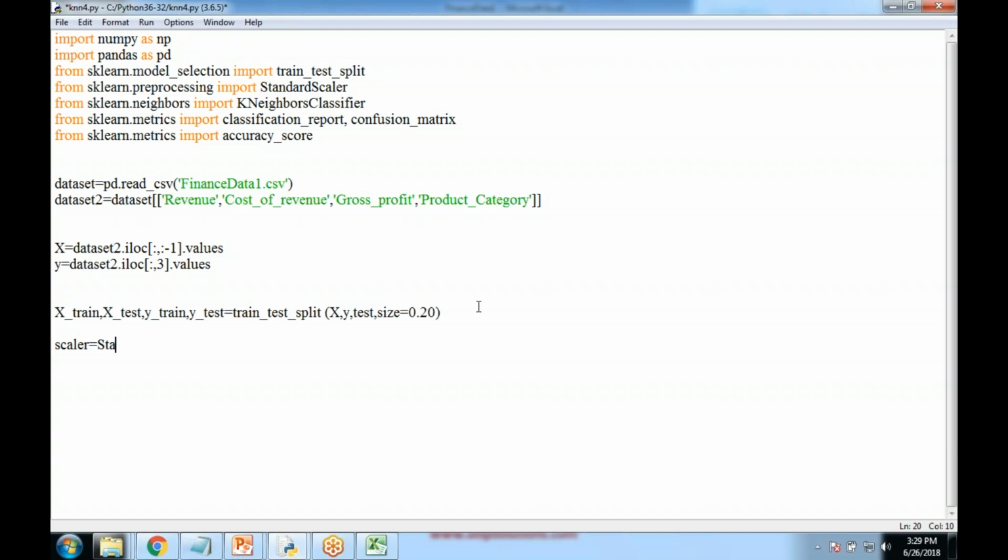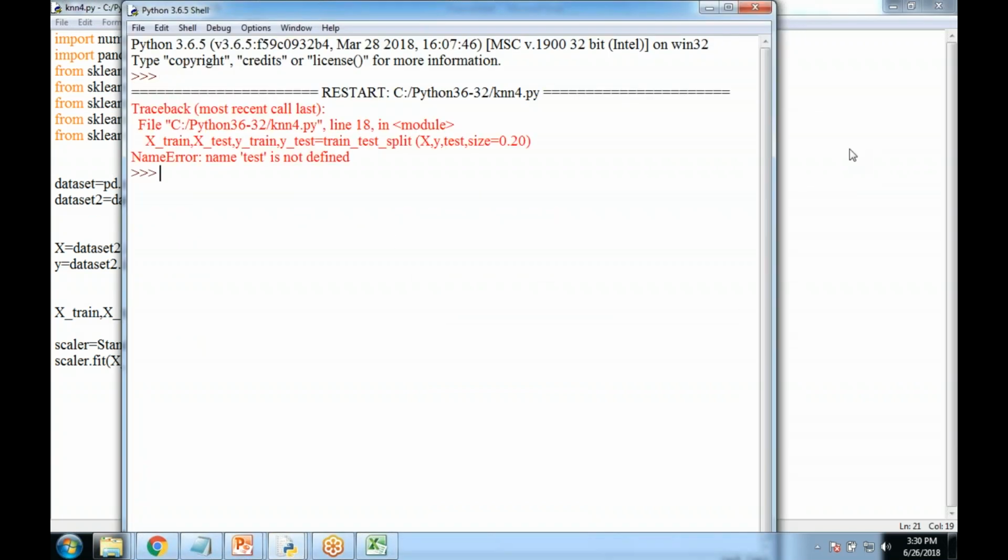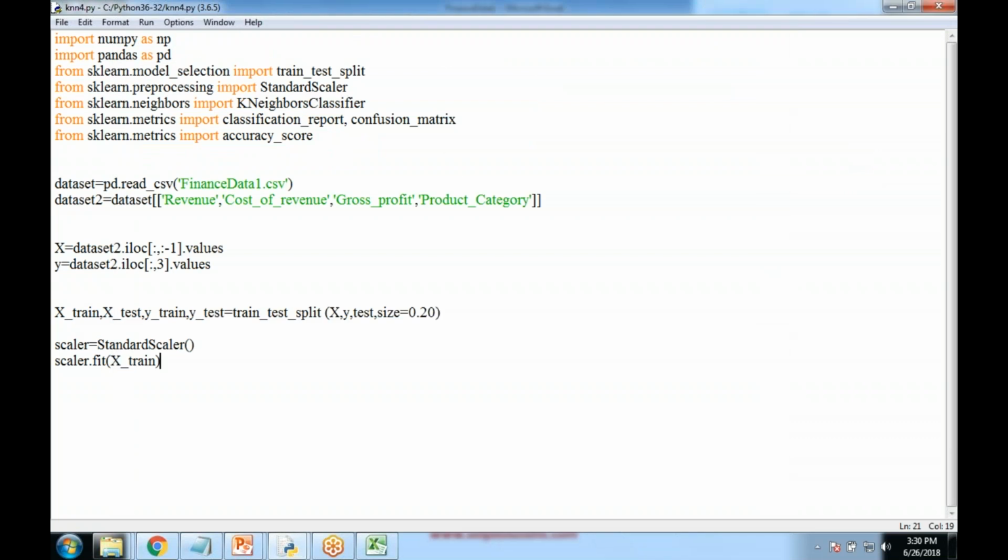Scalar is equal to standard scalar dot fit x underscore training data, and I would be executing it step by step. So test is not defined, and if it says the test is not defined here,